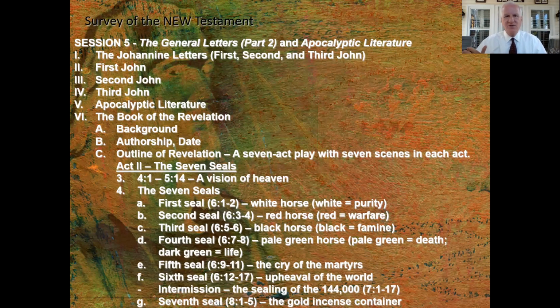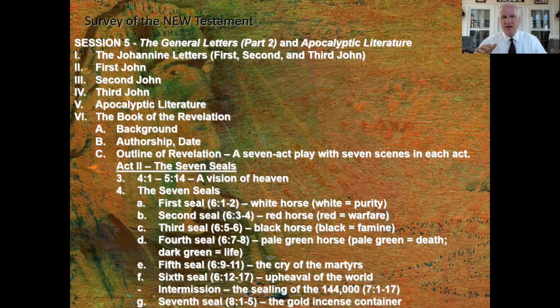The 7 seals are listed there for you in the study guide. There's the white horse, the red horse, the black horse, the pale green horse, the cry of the martyrs, the upheaval of the world, the sealing of the 144,000, and the gold incense container. All of these were the seals, the 7 seals,